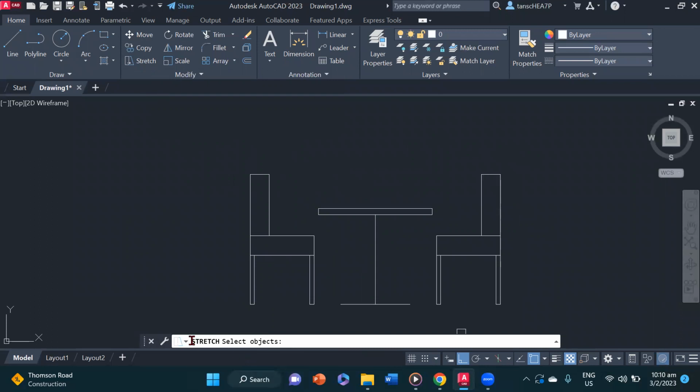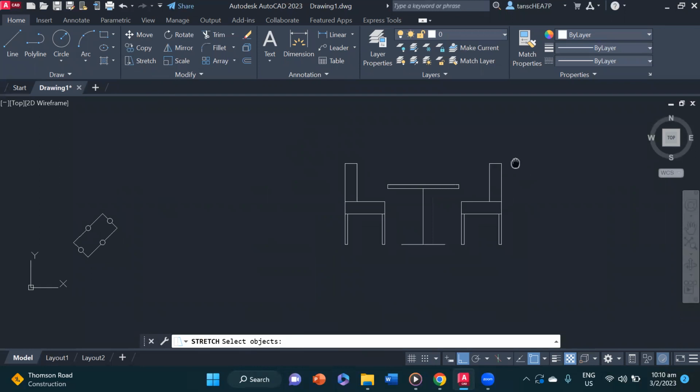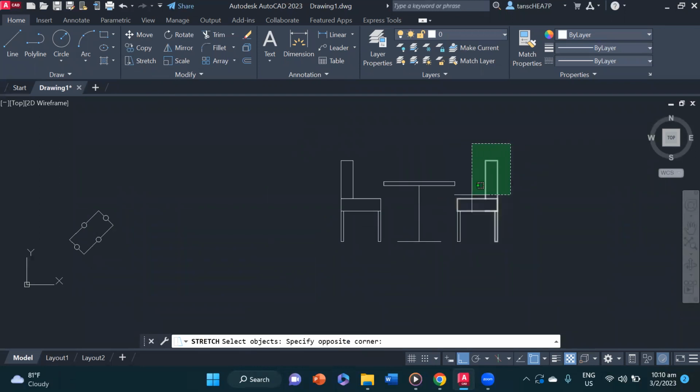When it is asking us to select objects, we cannot fully select our object. We have to precisely tell AutoCAD what line or what object we want to stretch. For example, if I want to increase the backrest of both my chairs, I have to select them partially